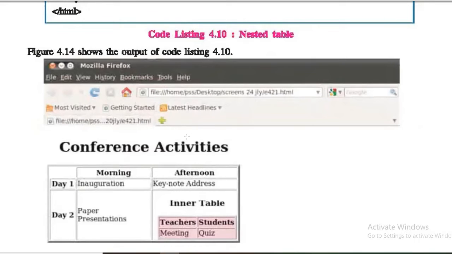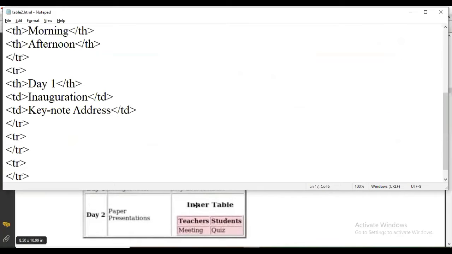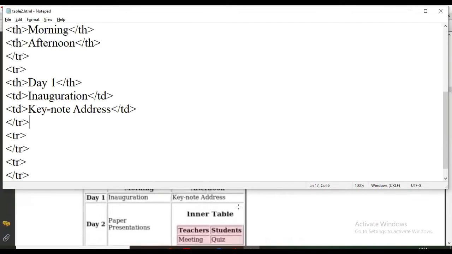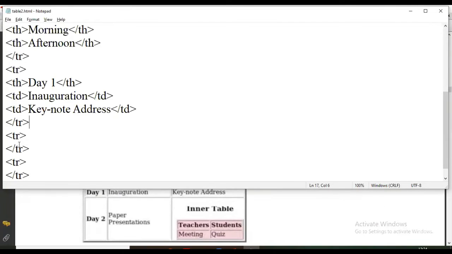Now up to here we have done. This is third row where we are going to use this inner table. So here in second row, the first thing that is D2. It is in TH.